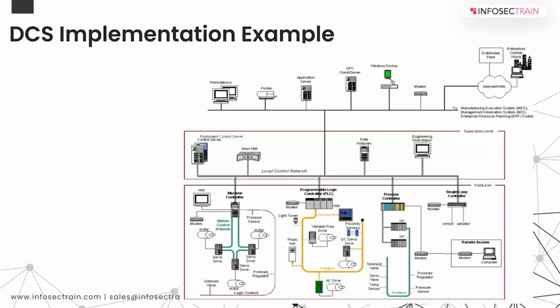So coming to the DCS, we talked a lot about control systems, DCS control systems or distributed control systems. This is an implementation example that you're seeing here. You can see how it is used to control the production system within a single location, right? It could be a petrochemical or a refinery and so on, wastewater or power plant. These systems usually process control or discrete part of control process.